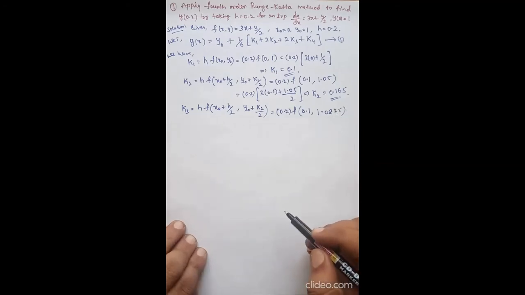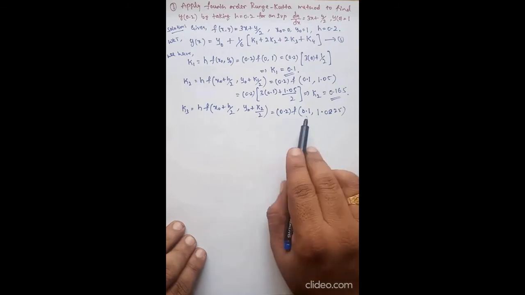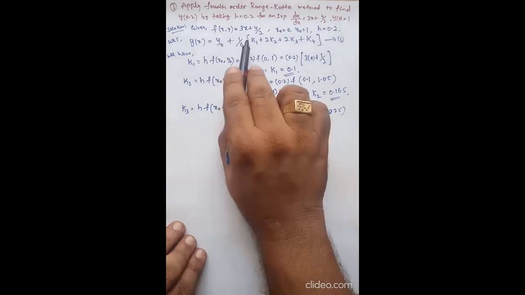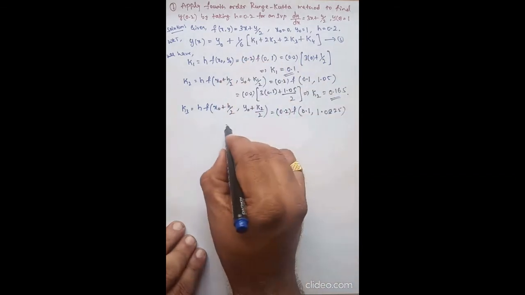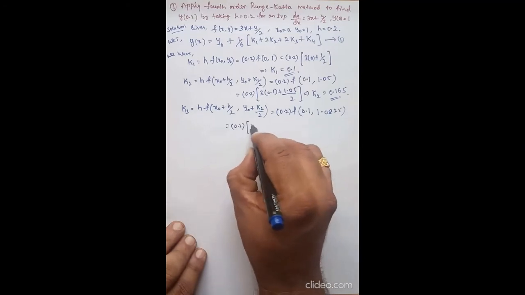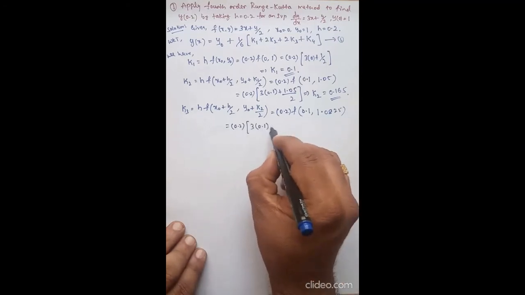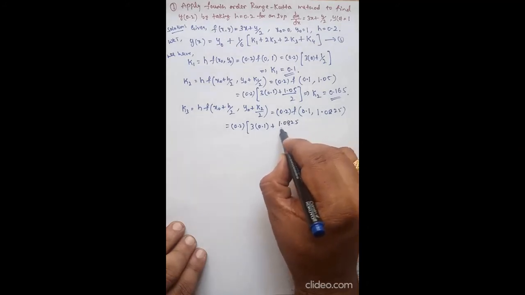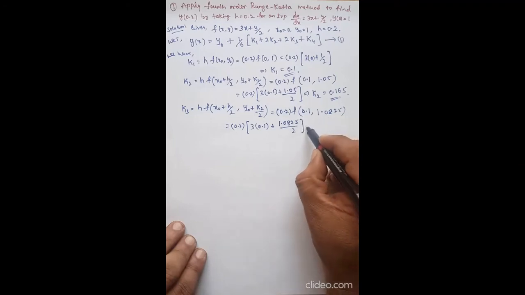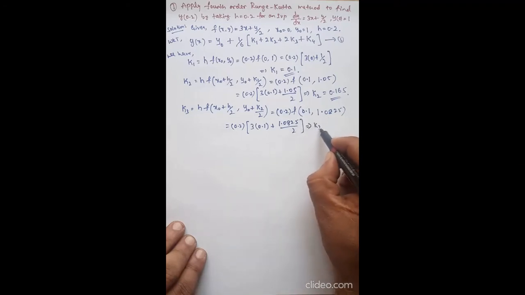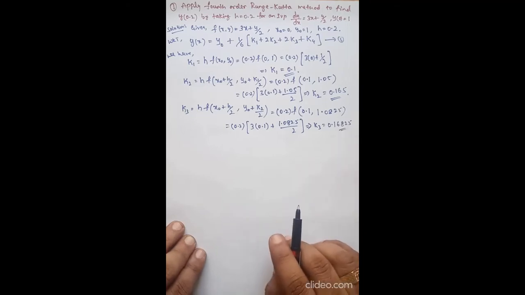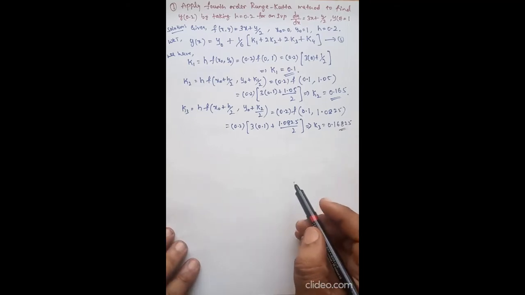1.0825. So right. So this is by simplifying this. Now here again x is 0.1 and y is this. So substitute this in 3x plus y by 2. So this is equal to 0.2 into, this is 3 into x. X means 0.1 plus y by 2. What is y by 2? 1.0825 divided by 2. So simplify this. We get the value of k3, and k3 value for this is 0.16825. Right? So this is the third parameter.